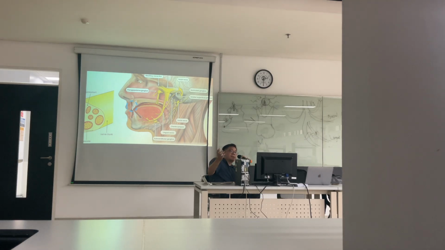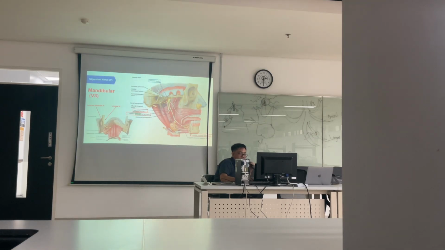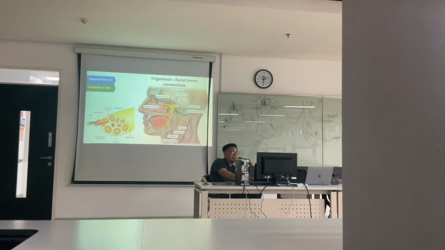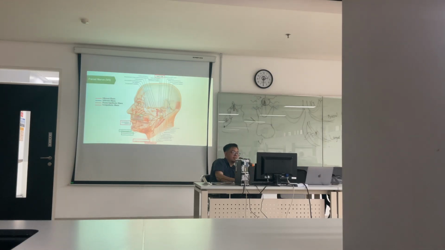So if you see in the picture, the trigeminal ophthalmic also goes to the lacrimal gland, right? But that fiber is sensory. So if your lacrimal gland is touched, you will feel the gland is touched, right? That's from the trigeminal. But when you tear, it's from the facial. That's different, because the trigeminal brings sensory and the facial brings parasympathetic.